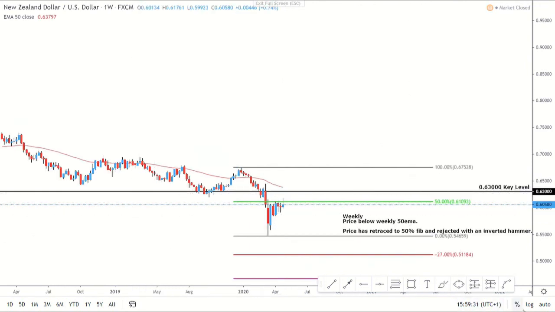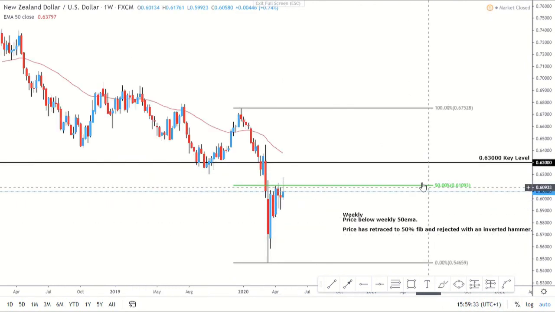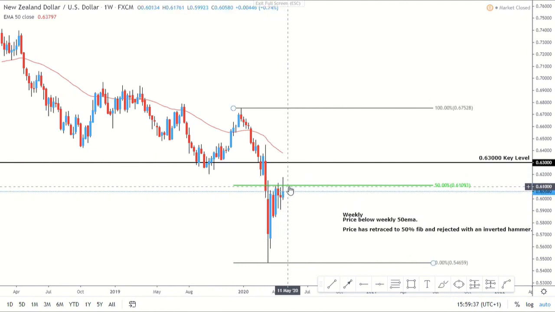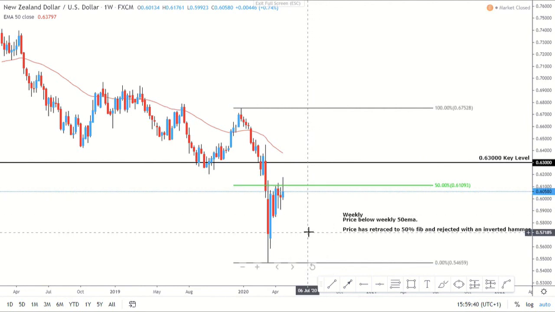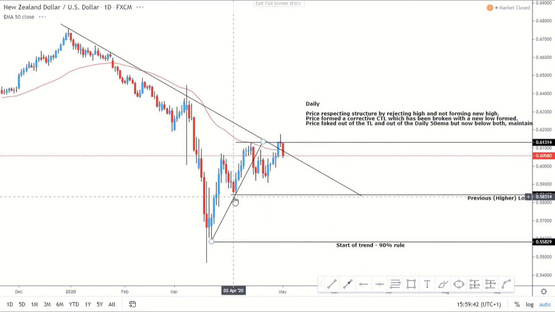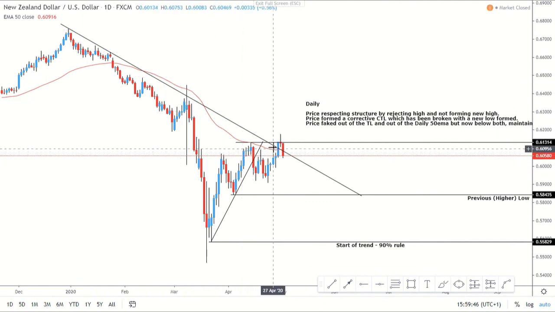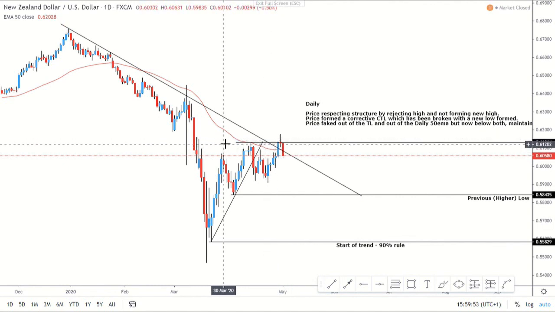Then on the weekly, we can see that we are now sitting on that 50% fib. We've got these doji, spinning top, inverted hammer. So now we're looking for price to reject that and continue its move to the downside. On the daily, you can see that we've got this downtrend, which we then potentially faked out from last week. Obviously evening star, perfect evening star, bullish engulfing through the daily EMA, then tested the high of the trend previous,